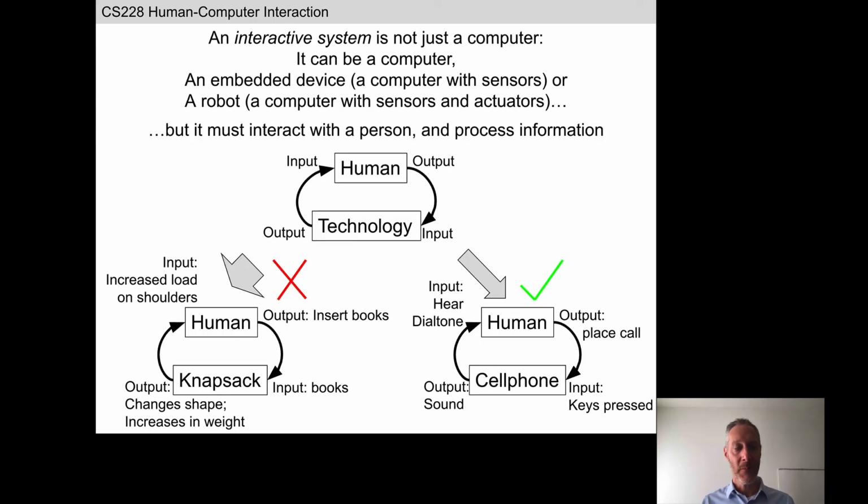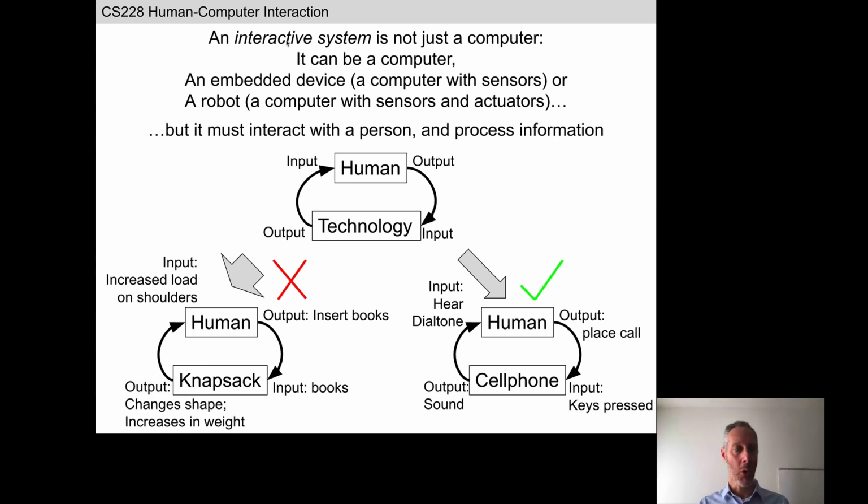Okay, so up till now, again, I've been talking about computers. I'm going to try and stop talking about computers and talk about interactive systems instead, because we're going to study things other than computers in this class. Just as a reminder, an embedded device is any kind of computer or computational device that has sensors. It can directly sense the world with or without a human as an intermediary. And finally, robots: a computational device that can sense the world directly without having to wait for input from a user and can act directly on the world.